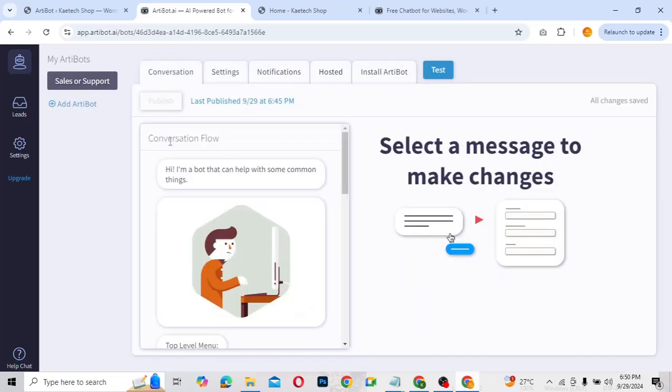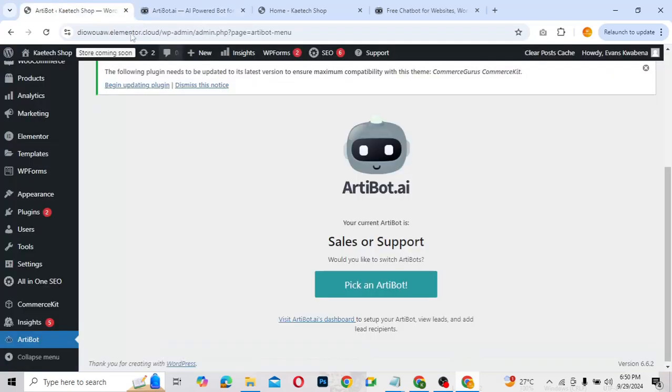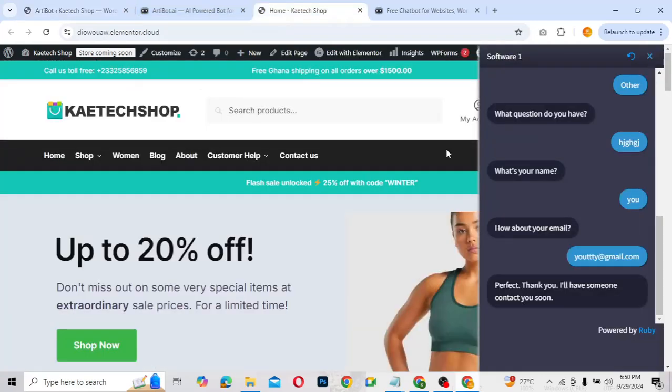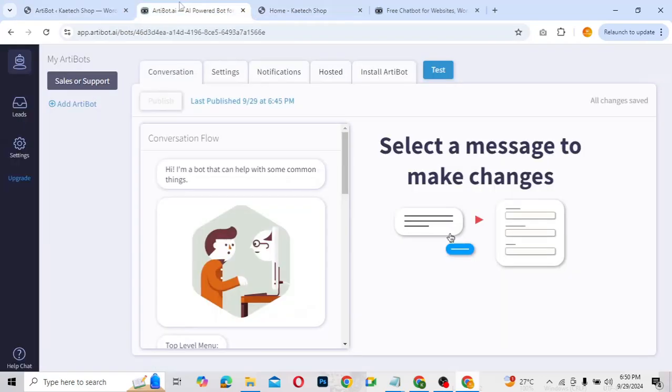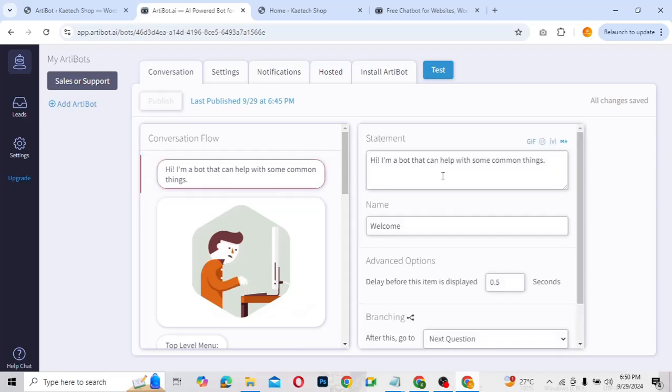We have installed the chatbot, but maybe we don't really like the things that it is bringing out. Okay, so you can customize it the way you want it. To customize it is also very simple. You can go over here, click on anything, and then options will open for you. So you can customize the message over here. So, hi, I'm Kobe. Instead of bot, I'm going to say, maybe, I'm Kobe